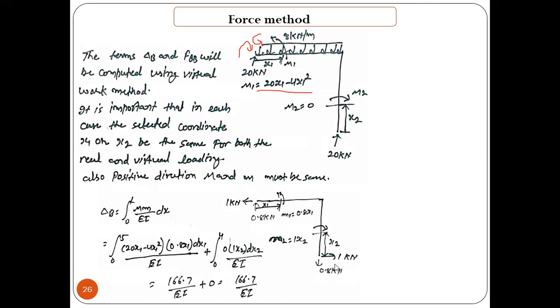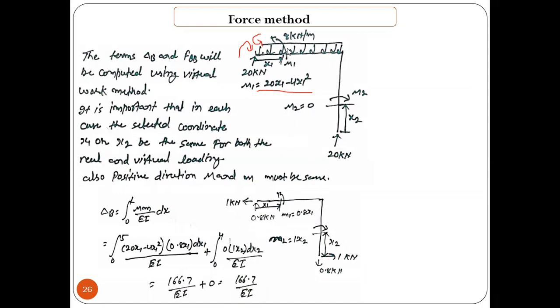So now these are the values here. Fine. Now we need to find the value of the small m, the moment for section 1. What is the value? That will be only 0.8 into x1. This is the same line of action, so there will be no perpendicular distance for the 1 kilonewton, and there will be no moment for that. So there is a force acting perpendicular to the segment, which gives 0.8 into x1.